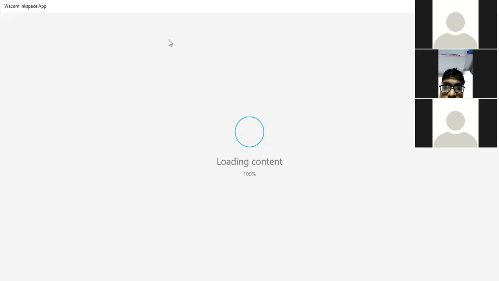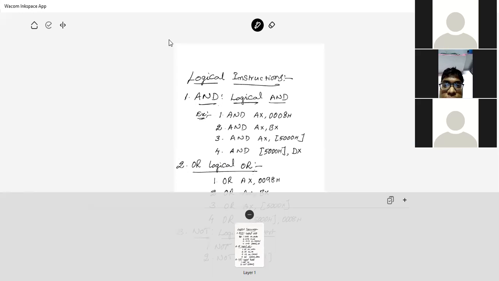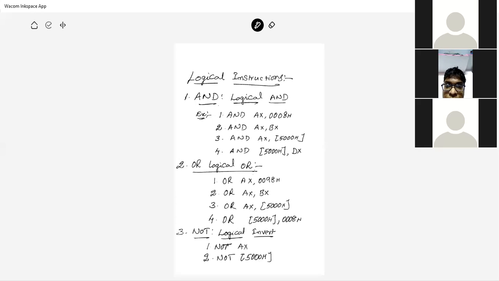What is the difference between loading and storing? Loading is nothing but taking the data, a reading operation, reading the data from the memory, right? Loading is nothing but a read operation. Storing is nothing but a write operation, right? For example, if you take something from your friend, it is just like read. If you give something to him, then it is a write operation, right? Simple thing.